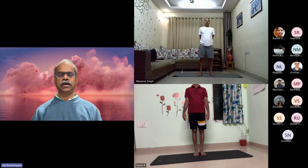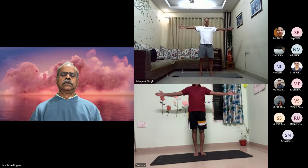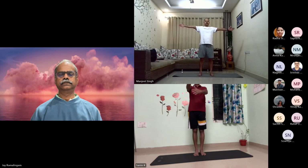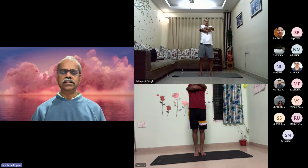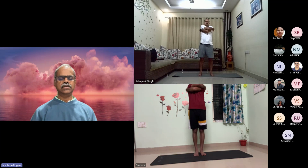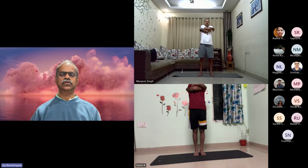Arms up to the sides, parallel to the ground, palms facing the front. Right arm over left arm, hug yourself tightly. Your fingers reaching for each other on your back, even just a bit. Your elbows are crossing over as best as you can. Your fingers reaching, and you will feel the shoulder blades on your back going away from each other, away from the center. 5,